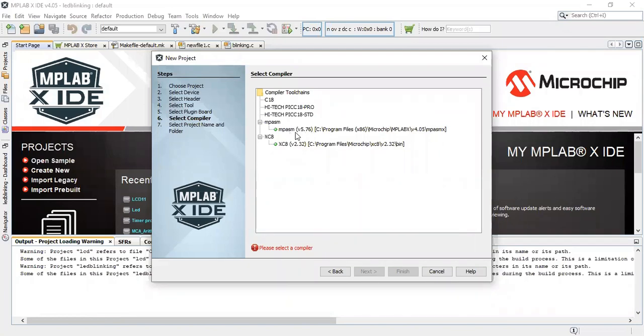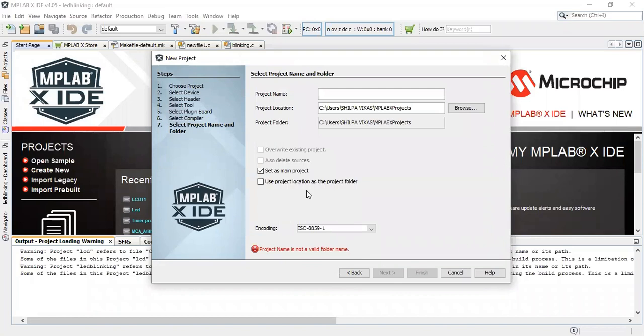Now you can use this XC8 compiler, then click on next. Now here you can give the name of your project. So first is arithmetic code 11. Okay, so I have given the name arithmetic 11, and then click on finish.